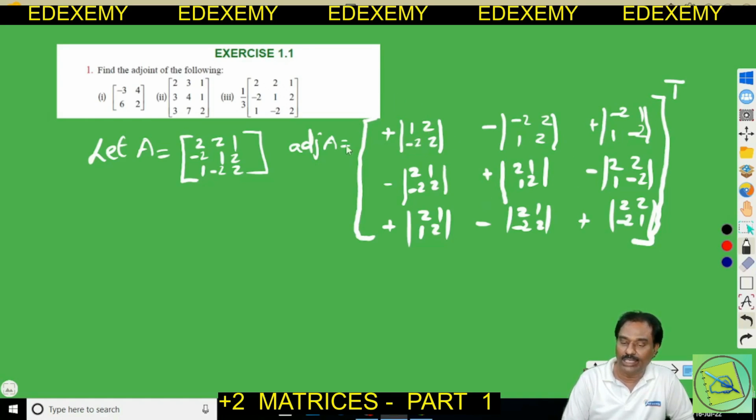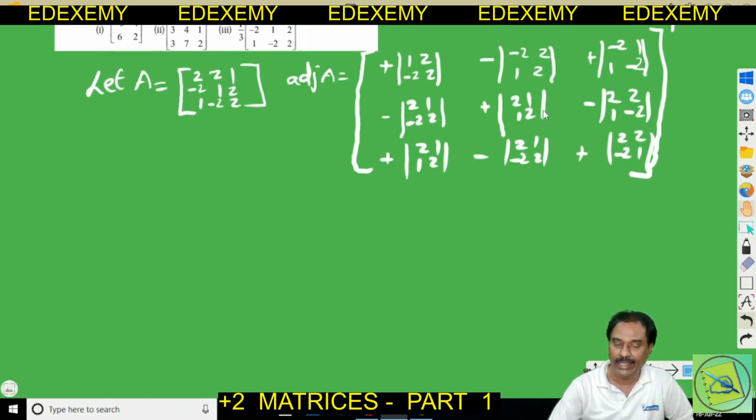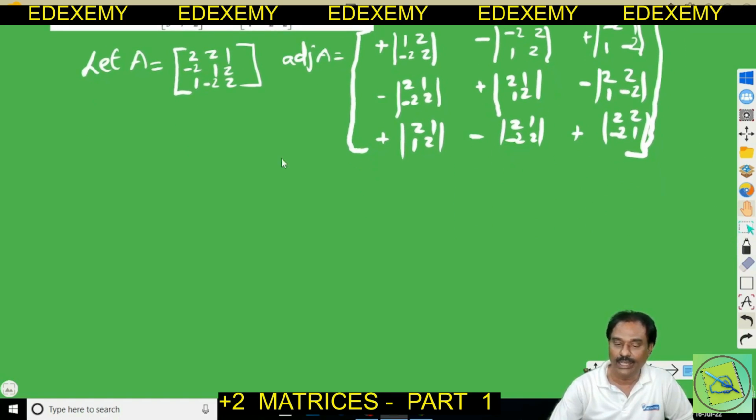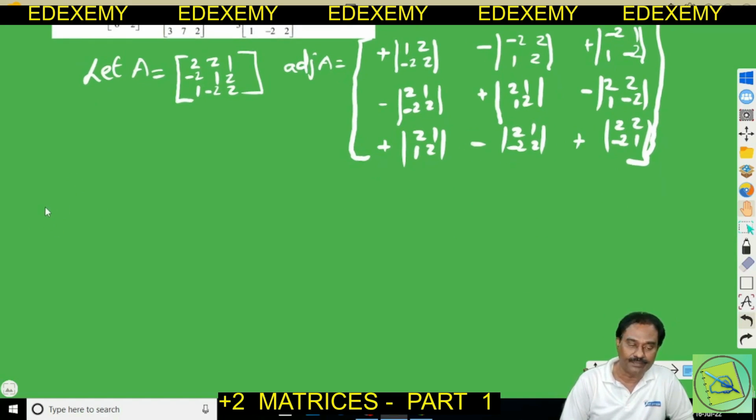So, all the steps we will put in this single step. Therefore, we have found out the sign value, minor value and the cofactor value, then the transpose. Everything is here. So, now we will find the value. It is enough if you find the value, we will get the adjoint of A. Therefore, here adjoint of A is equal to